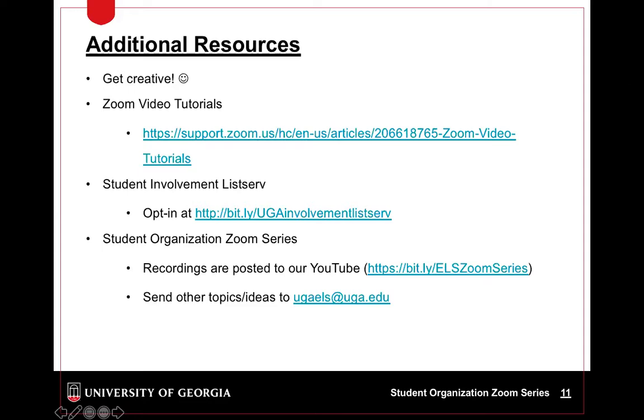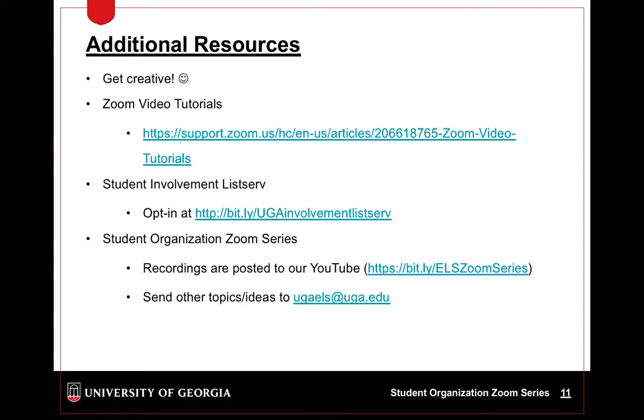Yes. And so along with the links that Taylor sent, Zoom does have some 1-minute video tutorials that are incredibly helpful. So if you're like me and would rather see it instead of reading it or hearing it, this is a great way for them to show you on almost all of their features. They go step by step in very short videos.